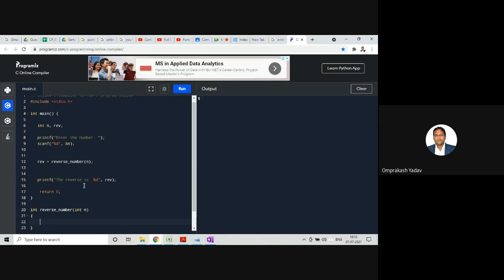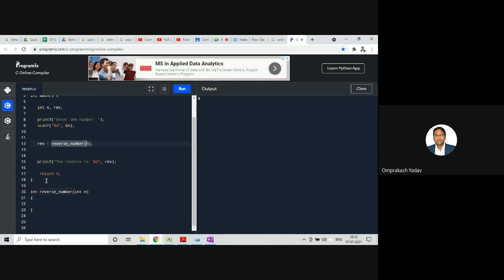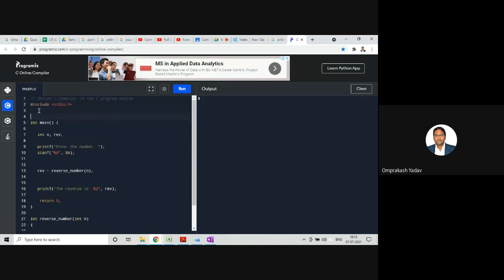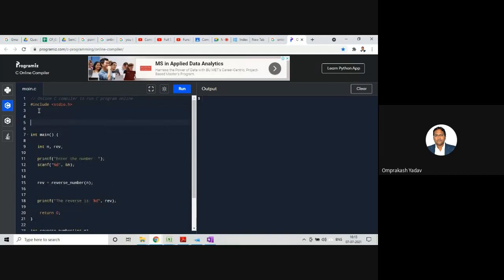Since we have called from here and written the function after the main, we'll write the function prototype here. So what is the function prototype? Function prototype means the name of the function, its return type, I mean its entire signature, and what different types of parameters it's taking. So the return type is integer, the name of the function is reverseNumber, and it's taking only one parameter, of integer type. So I've written the function prototype.